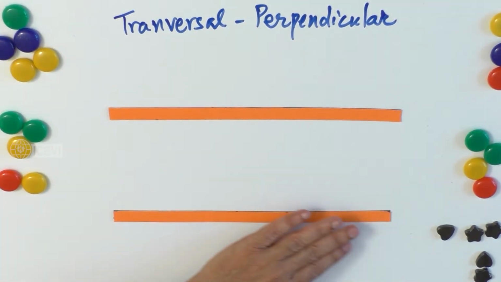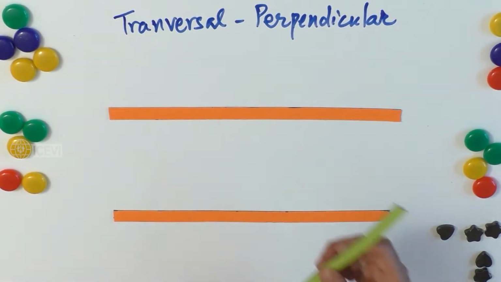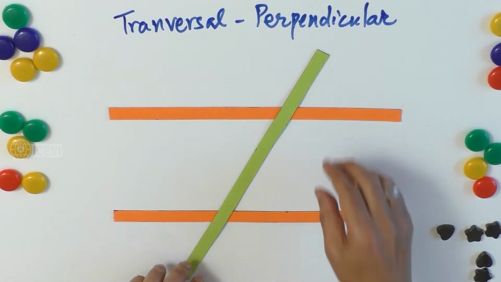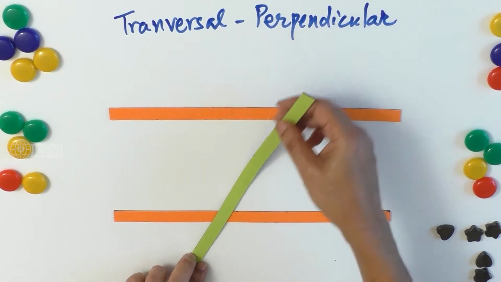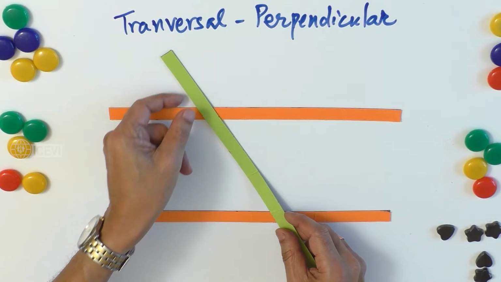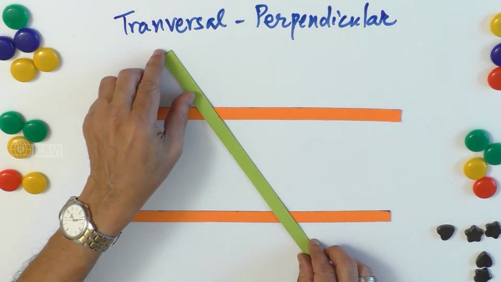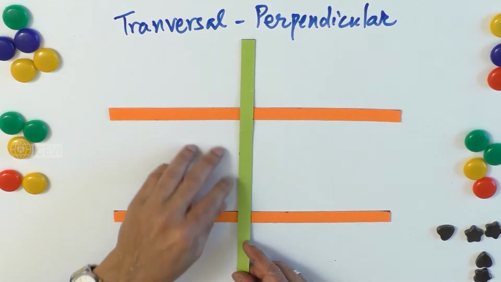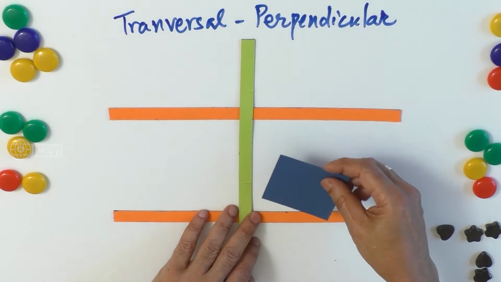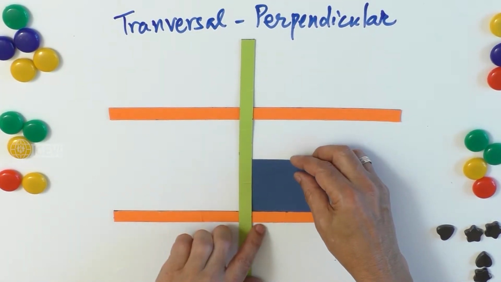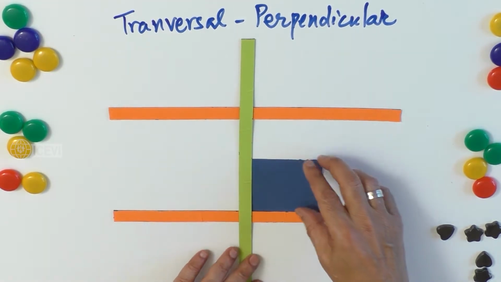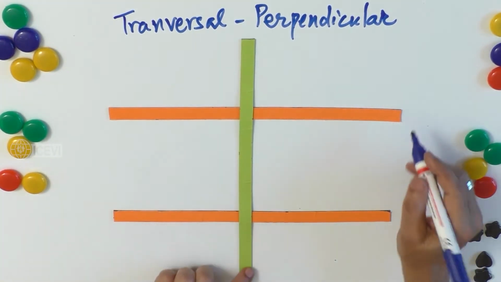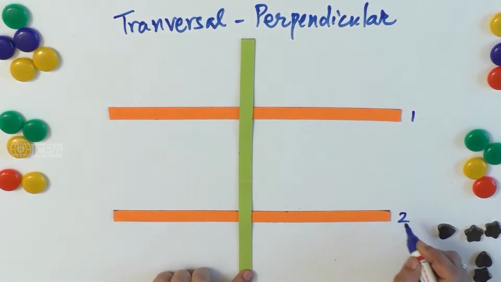Now the transversal may be in different directions. The transversal may be in the clockwise direction, in the anti-clockwise direction too, and then they form different angles. The transversal may be a perpendicular transversal too. You can take a paper strip having a right angle and check whether the transversal is perpendicular. Now, whether the transversal is perpendicular to lines 1 and 2,